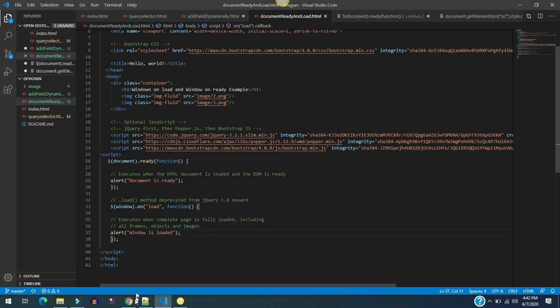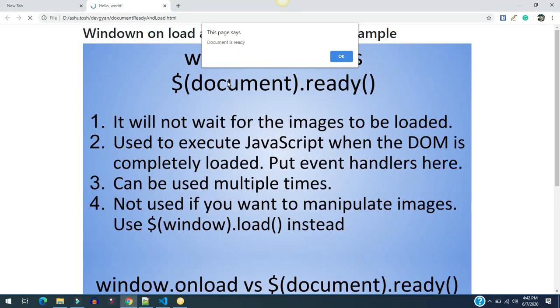So let's see which alert comes first. You can see here that the document is ready. It means that all the HTML is parsed and the tree is populated in the browser. So it means the document is ready, excluding images and other frames and objects.